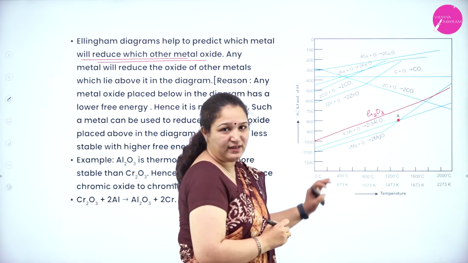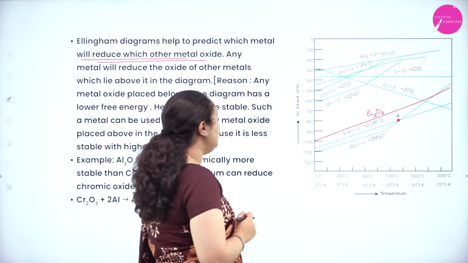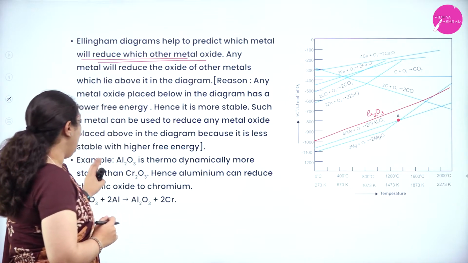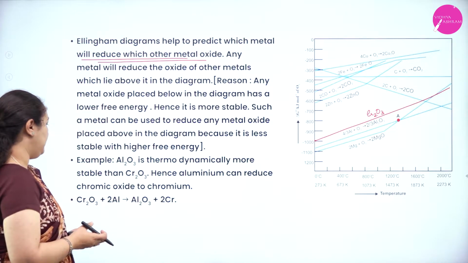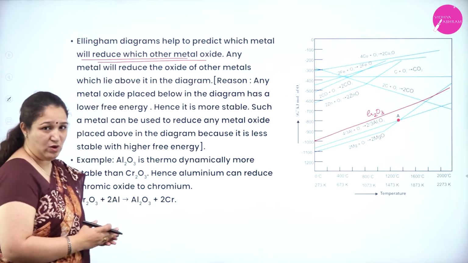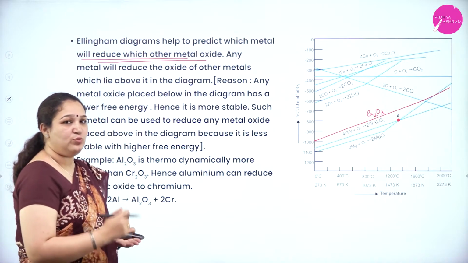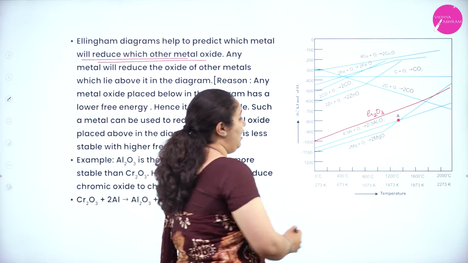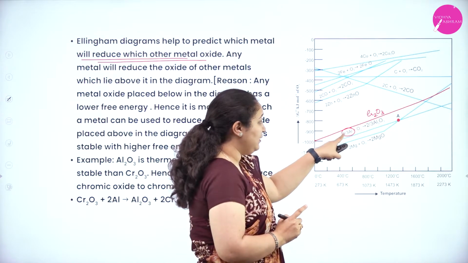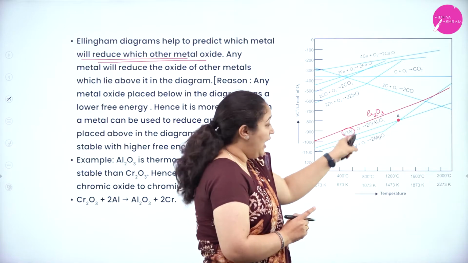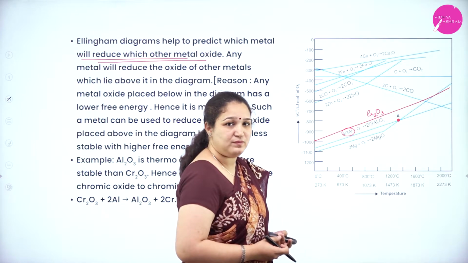Okay, I am not writing the entire equation. It is for formation of chromic oxide, Cr2O3. Now here, what happens is, if I have chromic oxide, to reduce chromic oxide, I can use aluminium metal, not oxide. I can take aluminium and add to chromic oxide. Aluminium will take all the oxygen from chromium to give chromium metal.